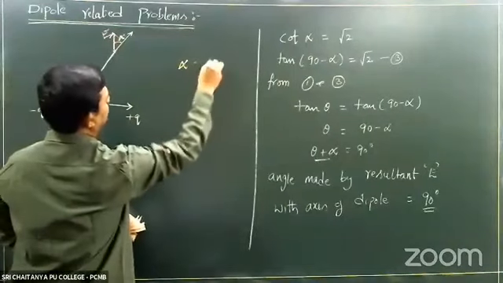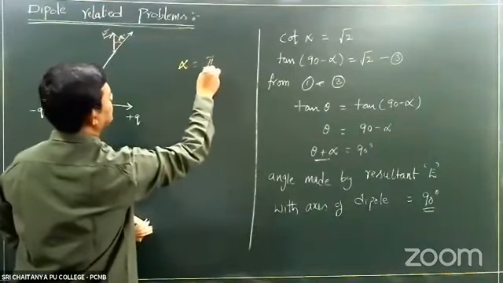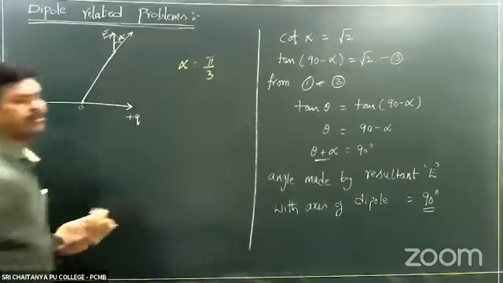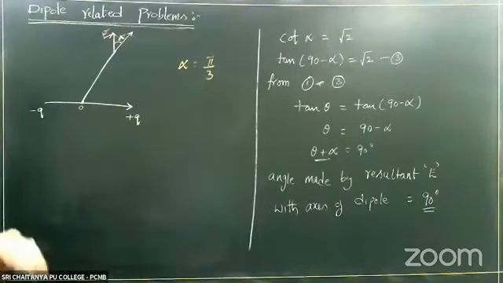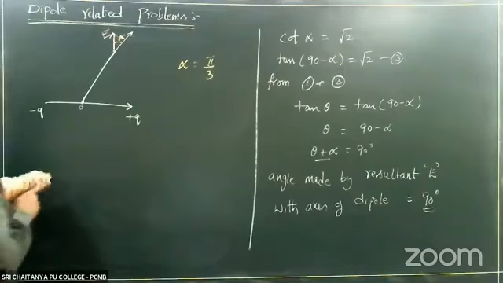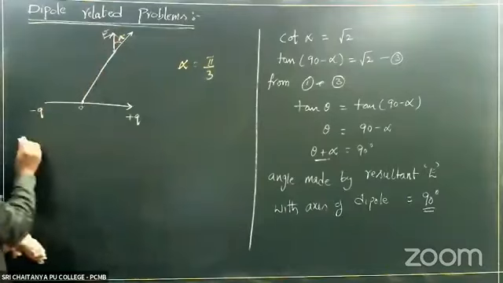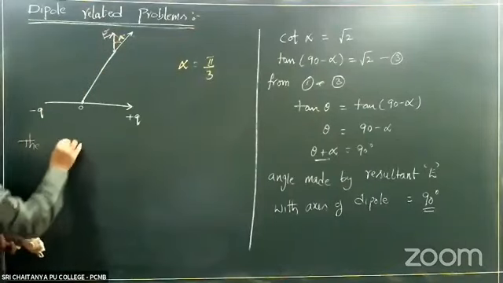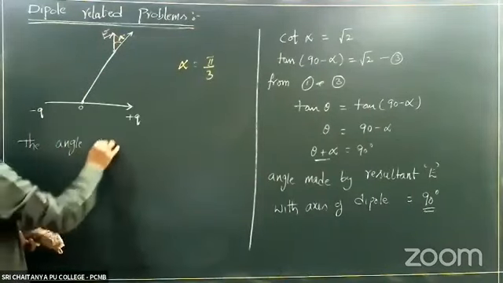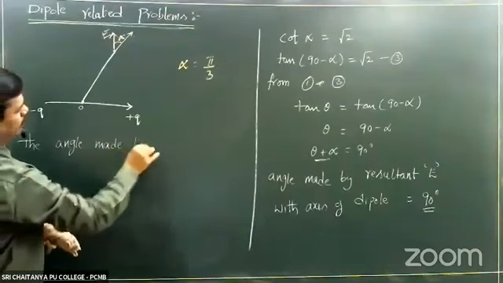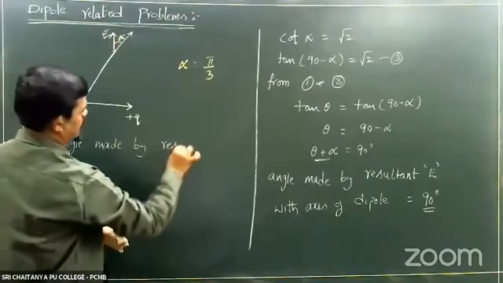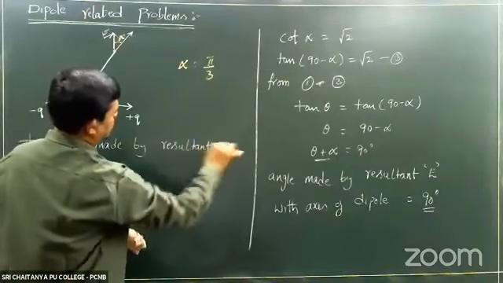That angle is given to you, let us say some pi by 3. Some angle is given to you. What is the sentence they used? The angle made by resultant field